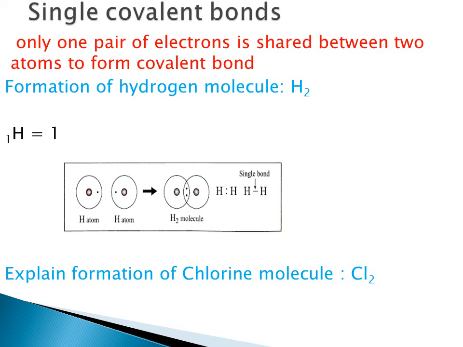The best example to describe single covalent bond is hydrogen molecule. All of you know hydrogen atom is highly reactive. It is highly unstable. It cannot exist on its own. What is atomic number of hydrogen? 1. So it has 1 electron in its first shell. Its first shell is its outermost shell. So if hydrogen atom gets one more electron, then it will achieve stable state configuration, right?